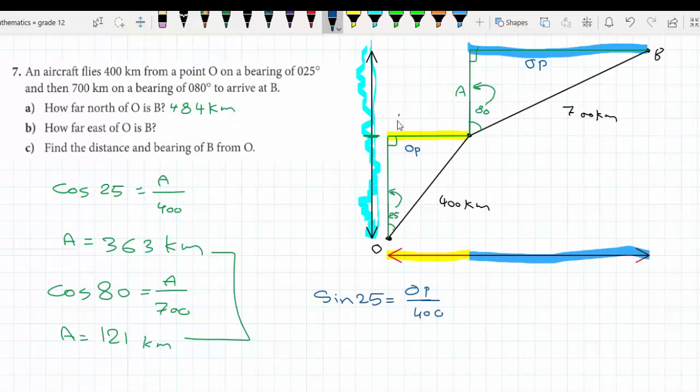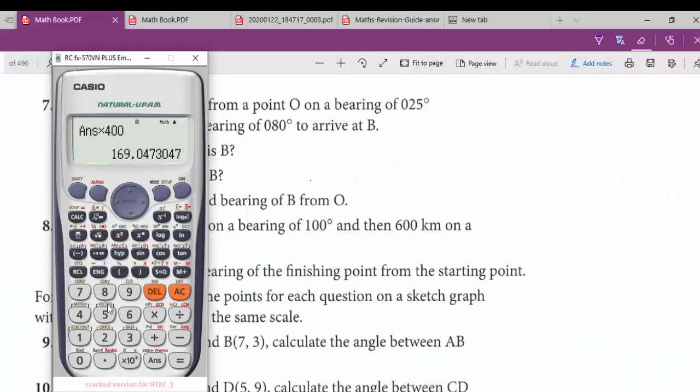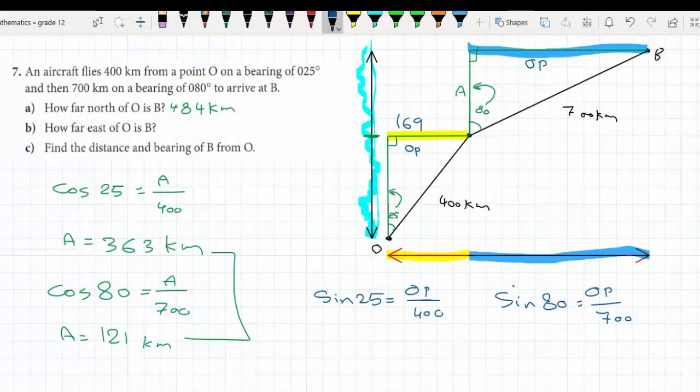This opposite is 169 kilometers. To get the other opposite, again, we're going to use sine of 80 is opposite over 700. Then to get rid of the 700, to get the opposite, we need to multiply sine of 80 by 700. That gives sine of 80 is equal to this times 700. It's 689.3. Simply, it's just